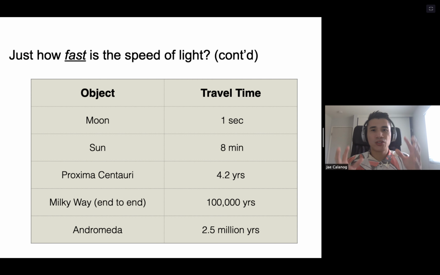And as you're looking at this table, you should also think about a lot of the science fiction films you've watched before, where some of the main characters go into light speed, going between different solar systems, different star systems, and it takes them a fraction of a second to get there, right? When in reality, when you're moving at the fastest speed possible, going from here to the closest star to the sun is about 4.2 years. So that's a long, long time to travel. Sorry to burst your bubble, but that's just the reality of the situation, okay?